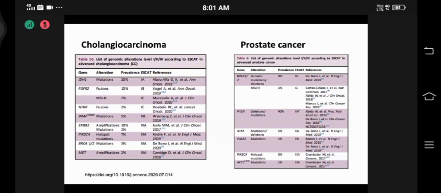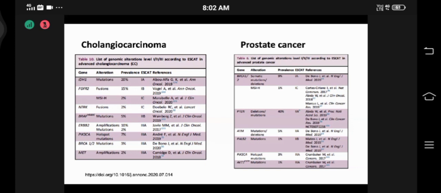Cholangiocarcinomas have now become another very important cancer where you want to do NGS testing, because you're looking for IDH1 mutations, FGFR mutations, NTRK fusions, BRAF V600E mutations, some HER2 amplifications, and some patients can have a BRCA mutation. So cholangio is the next cancer where we talk about this. A lot of information is nowadays required, and that's why it's better to send out an NGS,